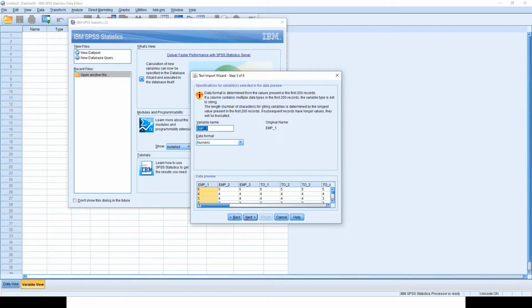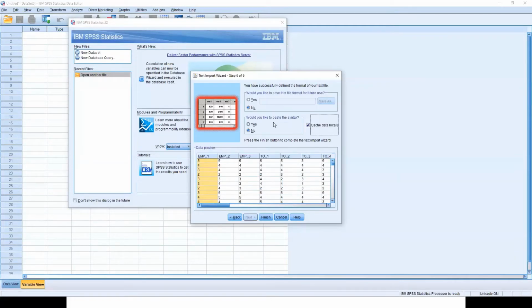So just leave it as it is. This is variable name. Variable names are fine. So we'll go ahead. You have successfully defined the format of your text file. Would you like to save this file format? No, not necessary. Would you like to paste the syntax?